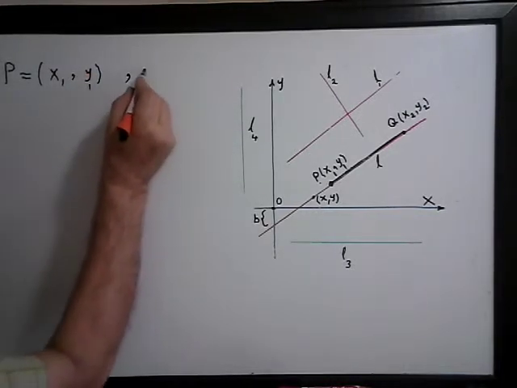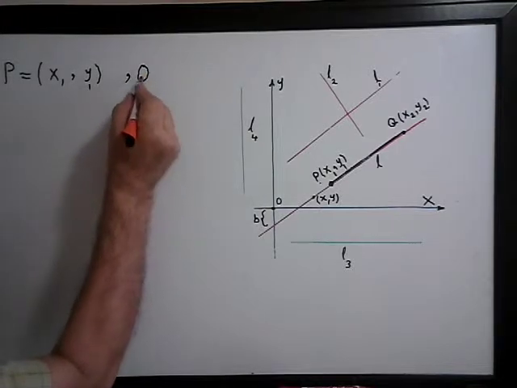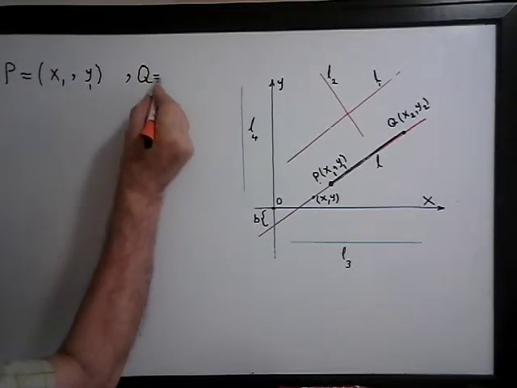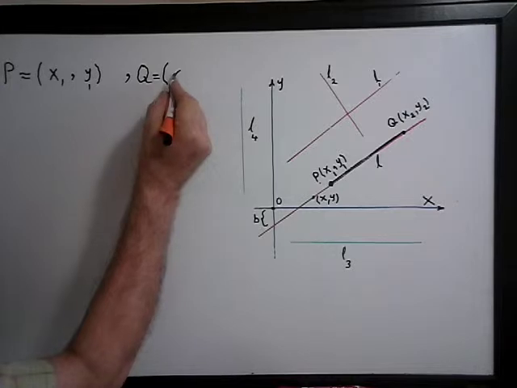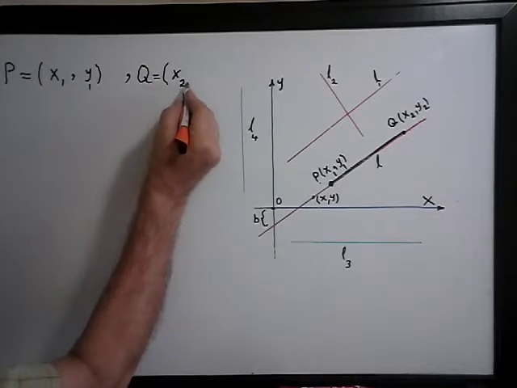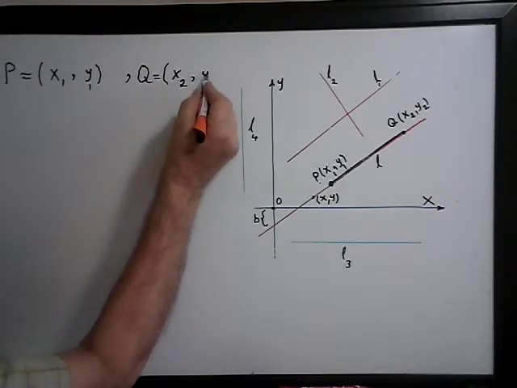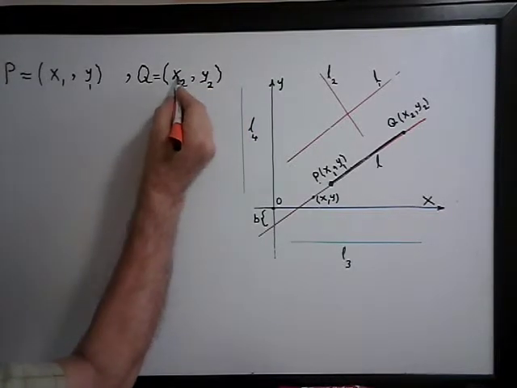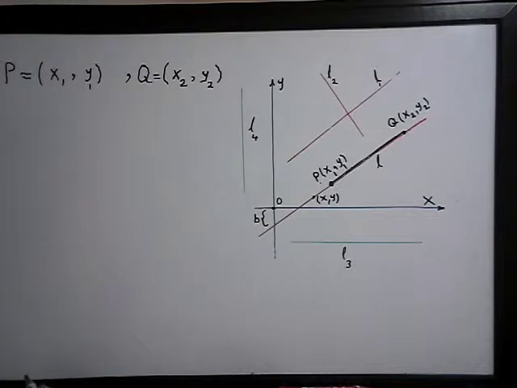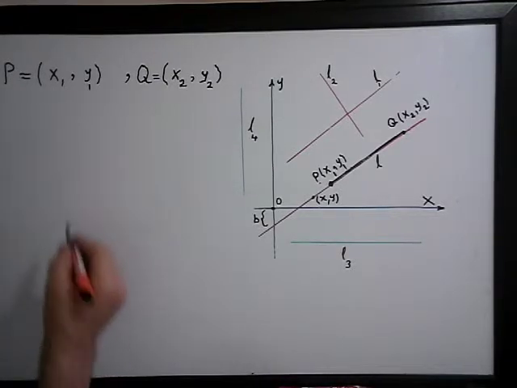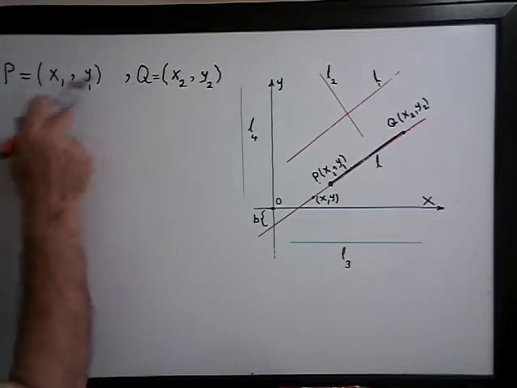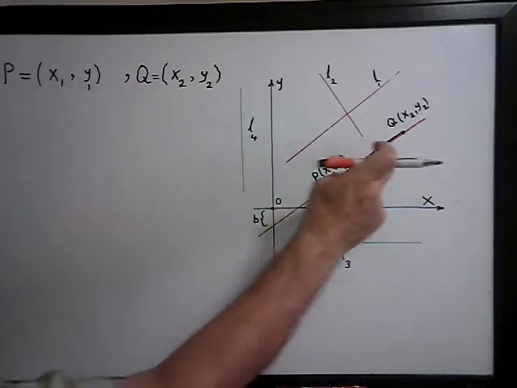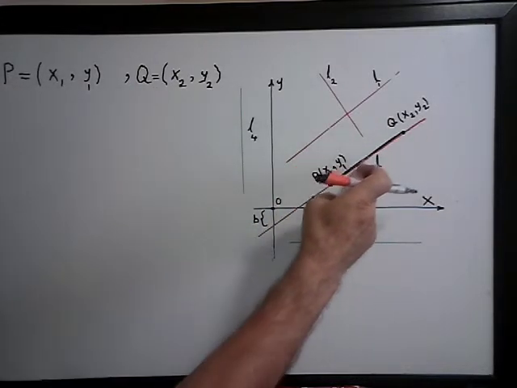And Q has the two coordinates x2, y2. So the distance between these 2 points, PQ, which is in the black segment here,